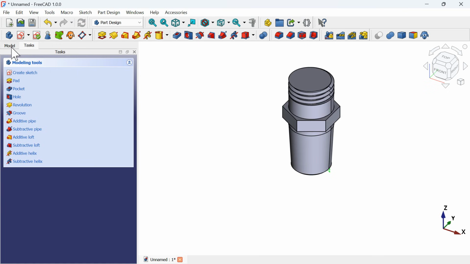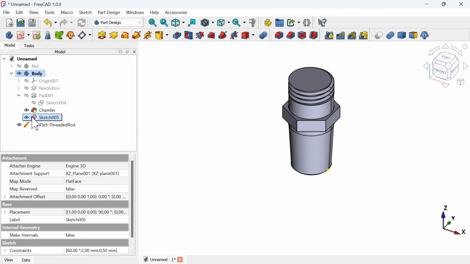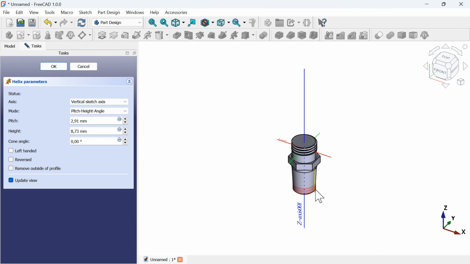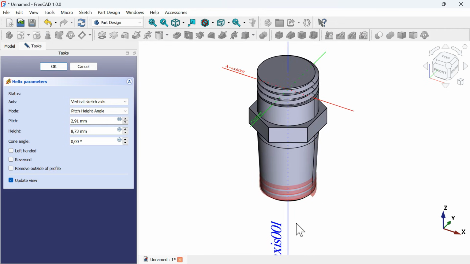Okay, next we have to go to the model tab, and with this sketch selected we click on the subtractive helix tool. Okay, and now just press home, and the first thing that we'll do here is to set the axis for this operation. Just click here and select the z-axis to avoid errors, and now we go to the height first, and we set 30 millimeters. Now we go to the corner angle, and we must change here to 3 degrees,